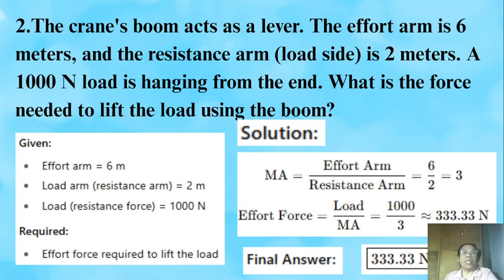What is the force needed to lift the load using the boom? Effort arm 6 meters, load arm is 2 meters, load is 1,000 Newton. Effort force required to lift the load. So mechanical advantage is the effort arm over the resistance arm, 6 over 2 is equal to 3. And the effort force is equal to the load over MA. Substitute the given 1,000 Newton divided by the calculated MA, 3. So the final answer is